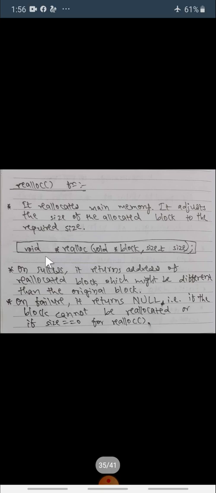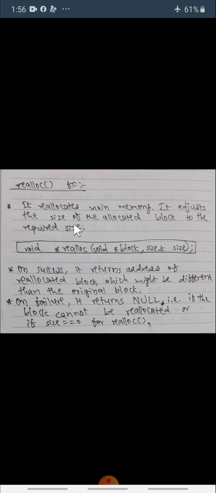The third is the reallocation function. It reallocates the main memory. It adjusts the size of the allocated block to the required size. Already memory is allocated, now it is going to reallocate it and adjust it.